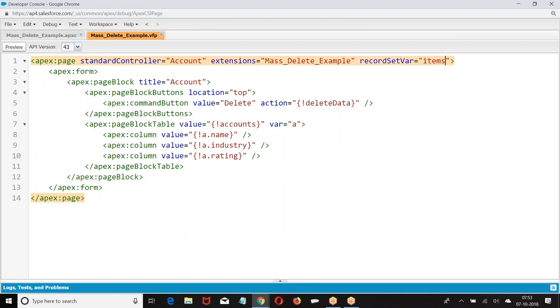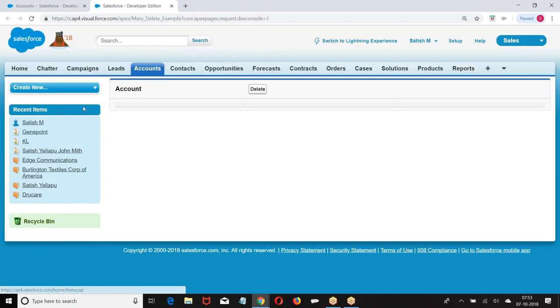From this record set var only I am going to select the data. Based on the filter, we are getting these records. Have a preview. Now, this is a basic page. So what I am doing,